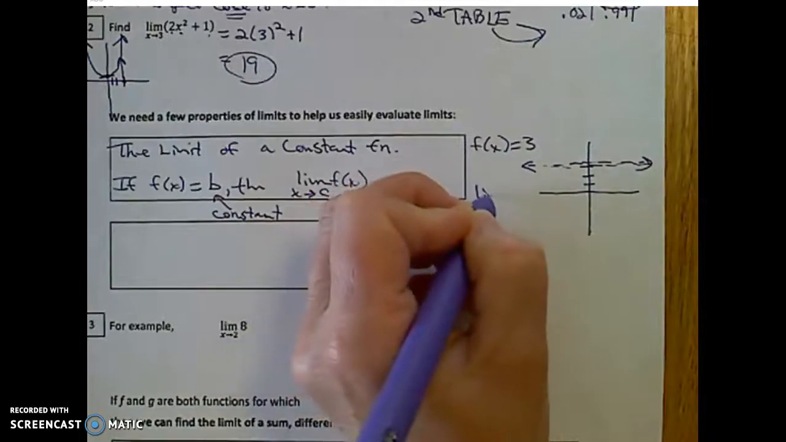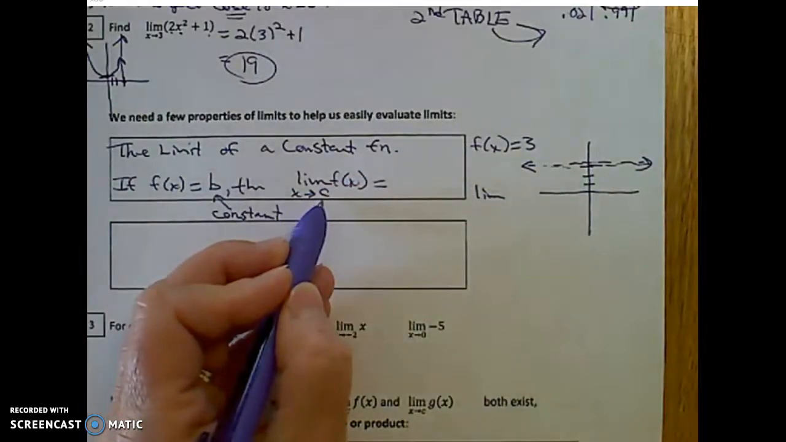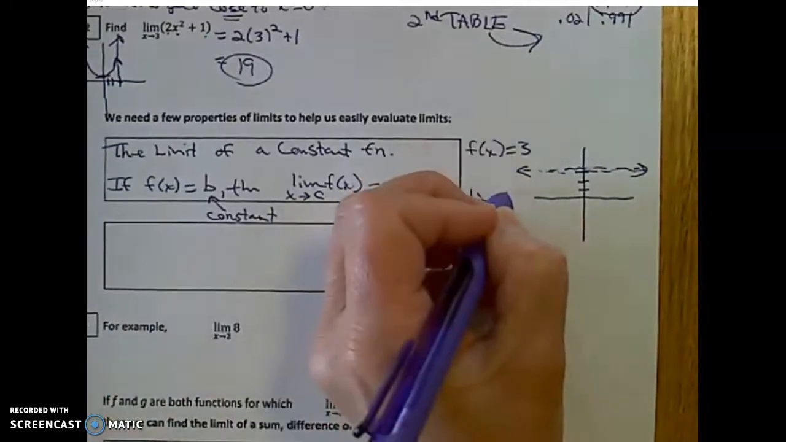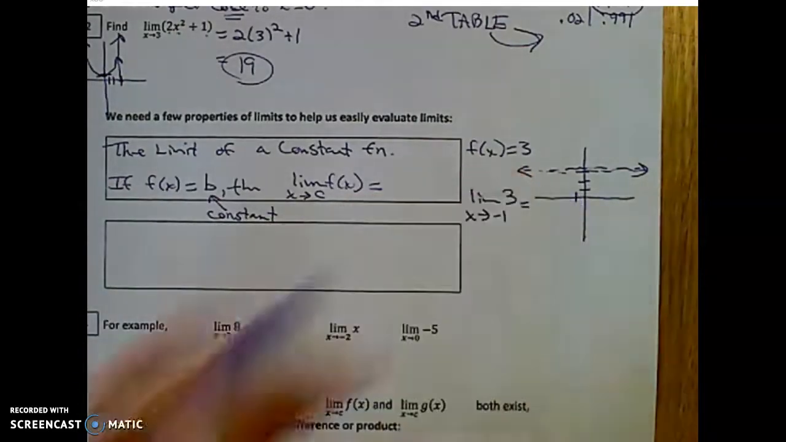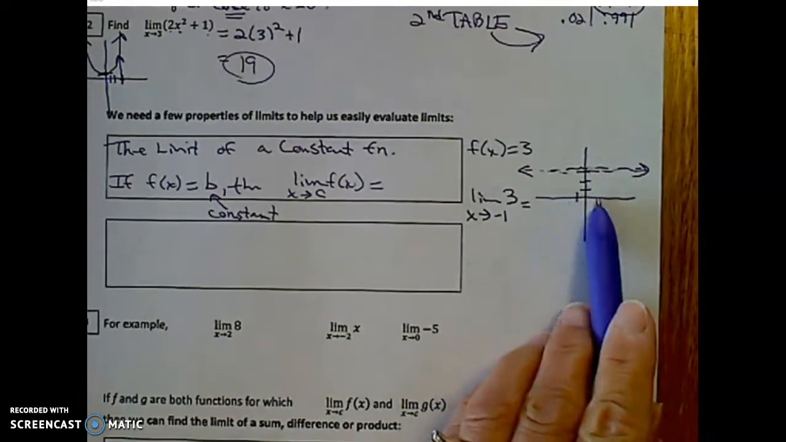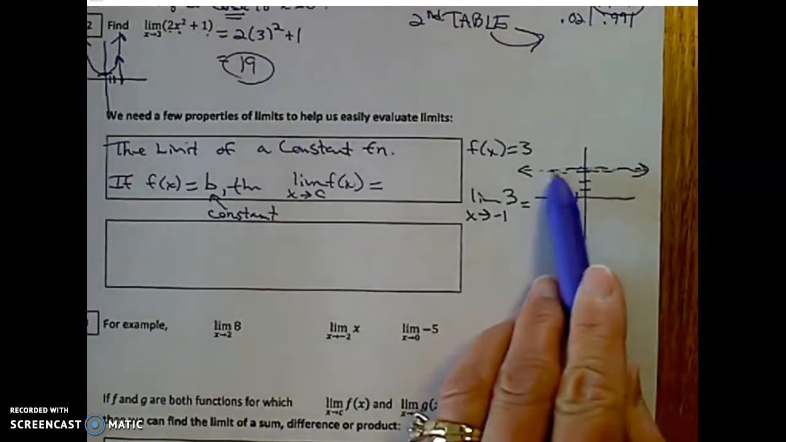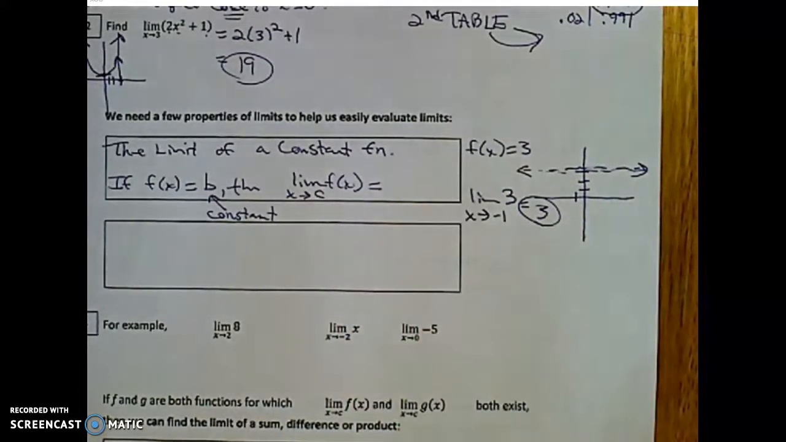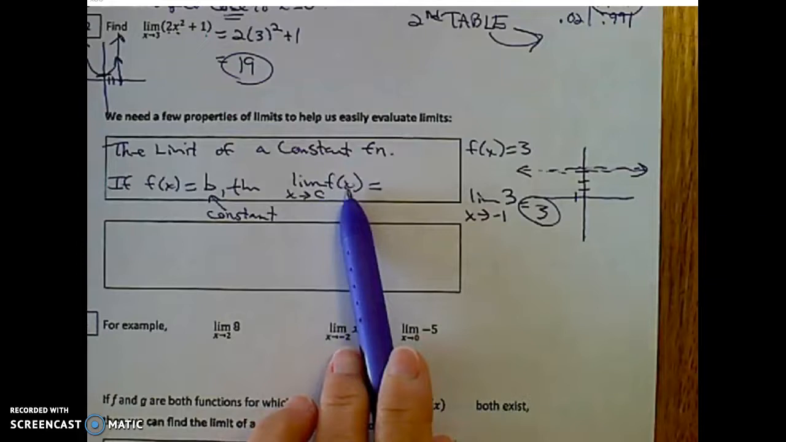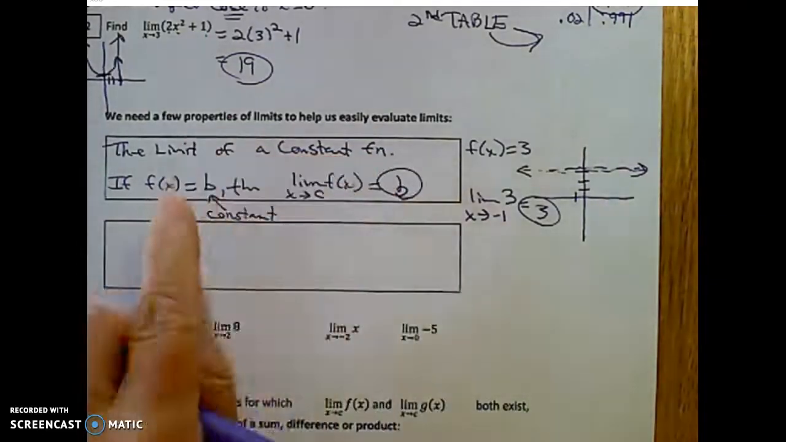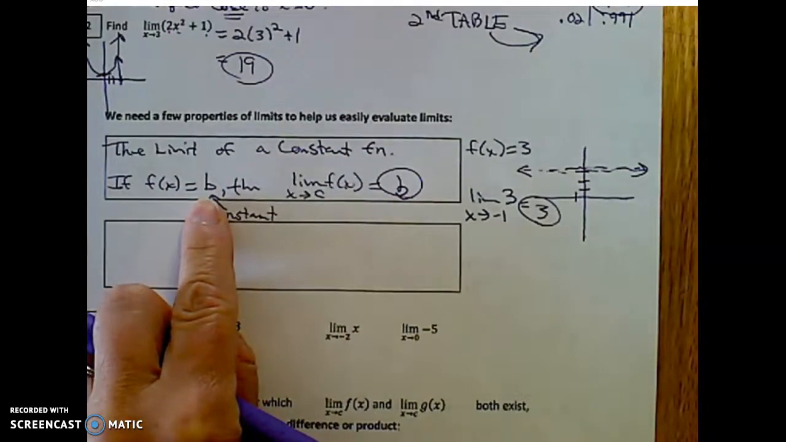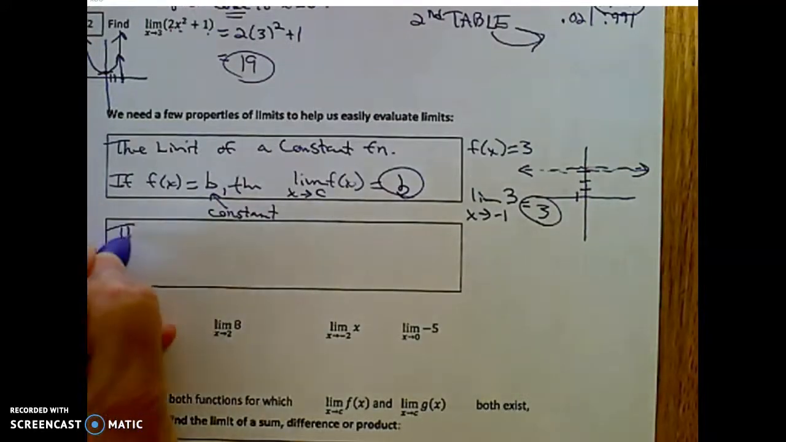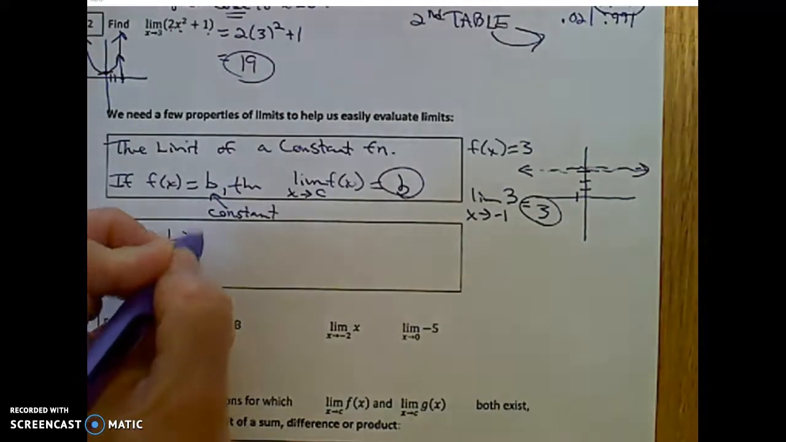And let's say I pick any other constant. Let's say I want to find the limit of that function as x approaches, I don't know, -1. Here's x equals -1. As my x values approach -1, the function values are always 3. So if I ever take a limit of a constant function, the value will just be that number. We have another property of limits,